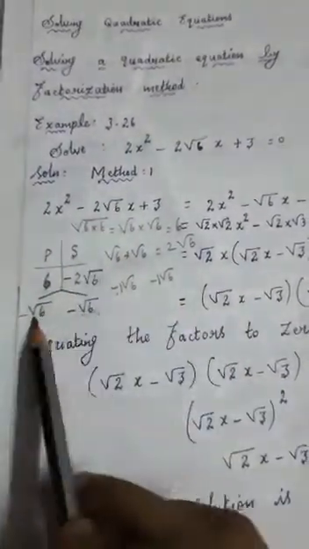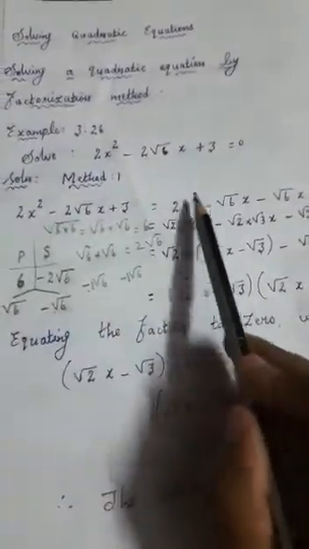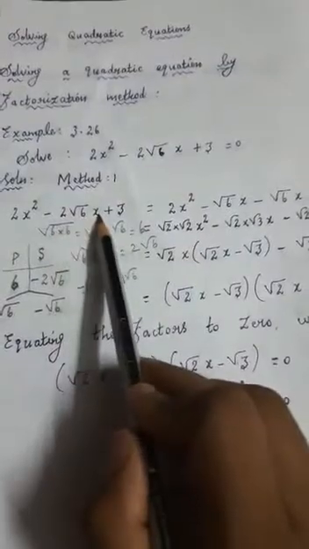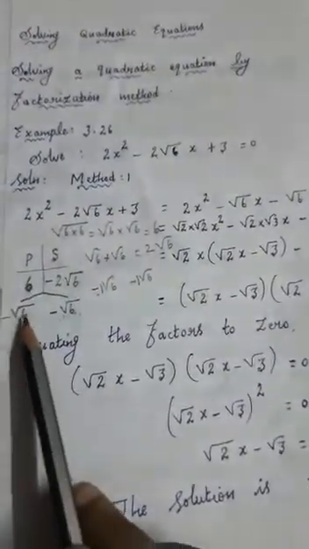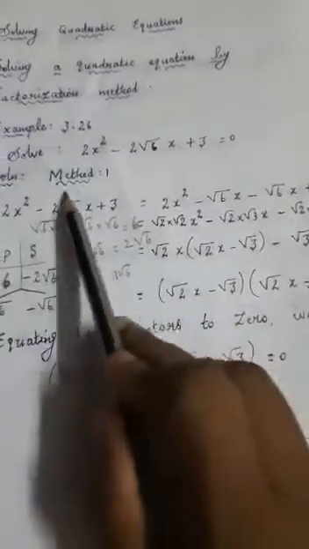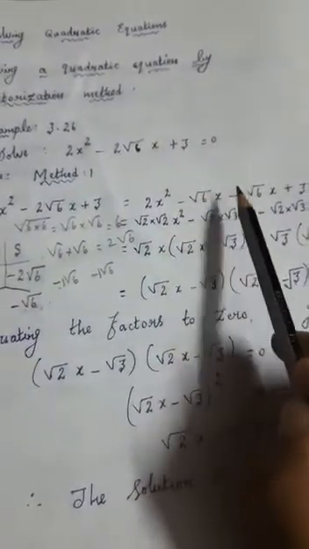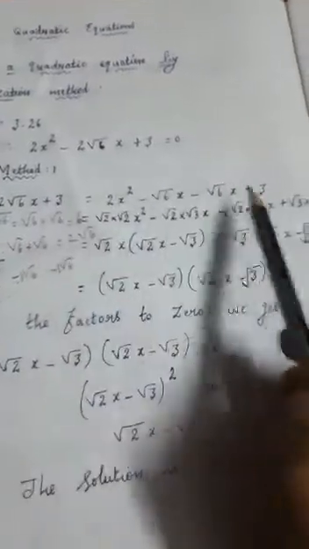Okay, so in this middle term, instead of it you can write these 2 terms. So now split and write: 2x square as the first term, then minus 2 root 6x, instead of which you can write minus root 6x minus root 6x. We are splitting and writing this one. Minus root 6x minus root 6x. While adding you get this part. Then after that, you can write the constant term.